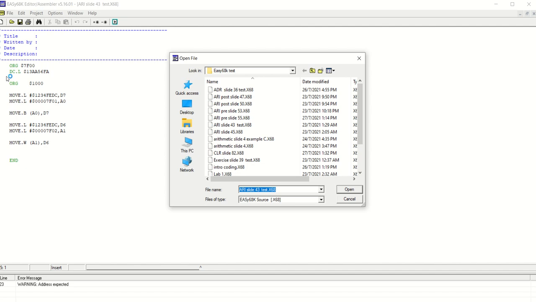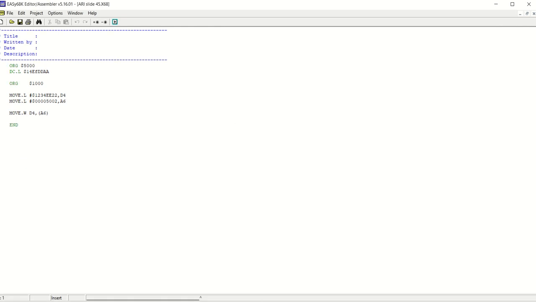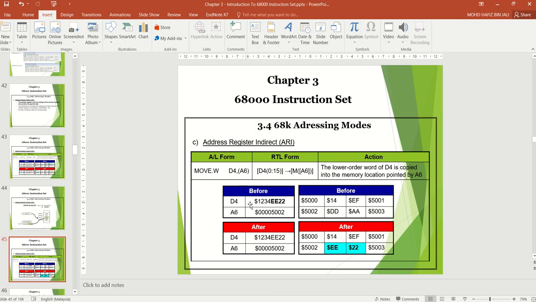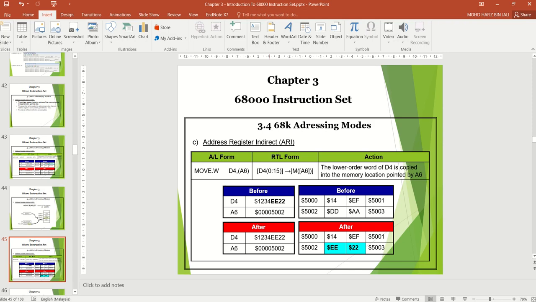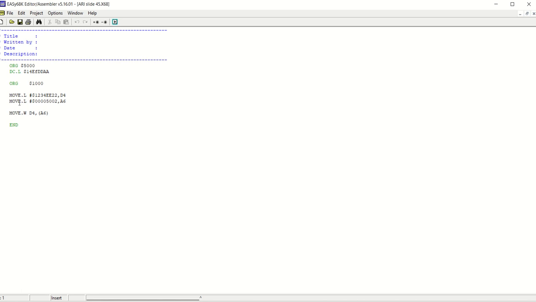I have actually written the code earlier so that the lecture will not consume too much time. It is like slide 45. Just follow the setting. D4 is 1234 EE22 with move.l, and A6 is 005002 with move.l.